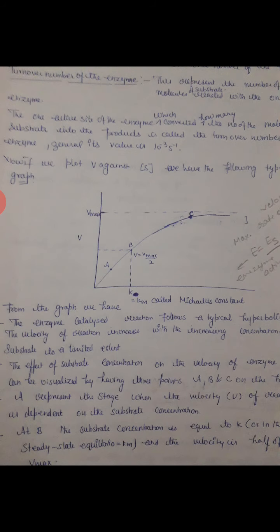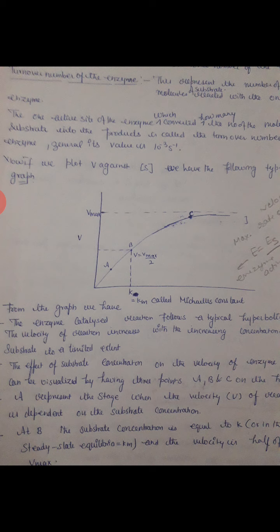So this is the Michaelis-Menten graph. We plot V against the substrate concentration. Here we can easily find the Km value because it is just half of the Vmax. The Vmax is at the topmost position, which is shown in this parabolic path. So this is all about how the Vmax value can be drawn through the Michaelis-Menten equation by plotting the graph of concentration against the velocity of the rate of the reaction.